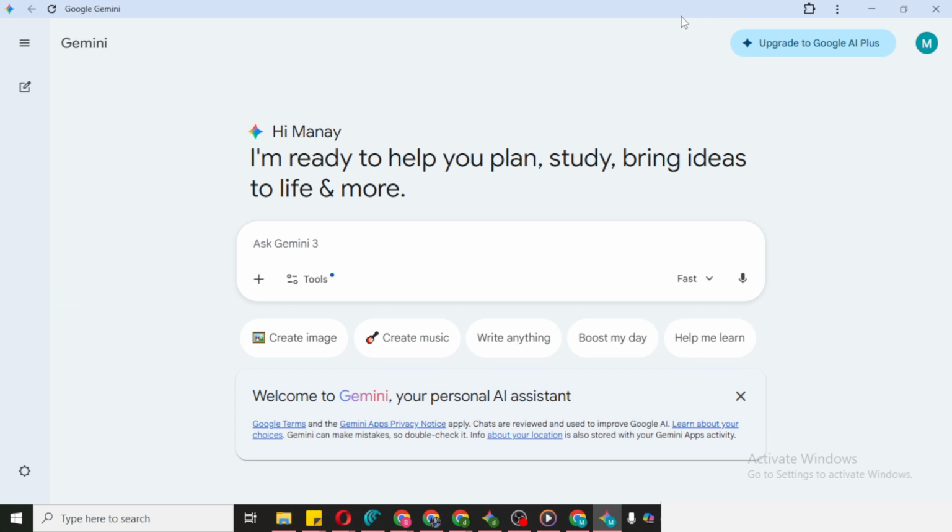In just a moment, Gemini will open in a clean, standalone window without the usual browser tabs and address bar, giving it a true app-like feel. From here on out, it's on your PC and easy to access. You can launch it like any other program, typically from your Start menu or from any shortcut you chose to create during installation. The experience mirrors the website but stays neatly contained, which is great for focus and quick access